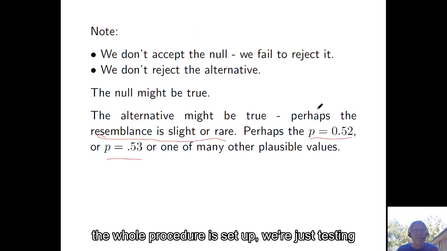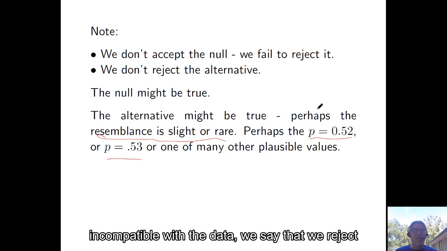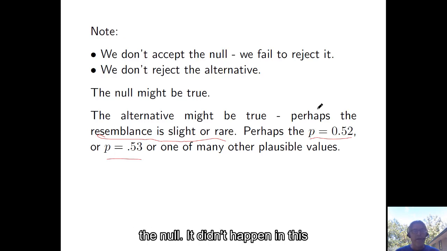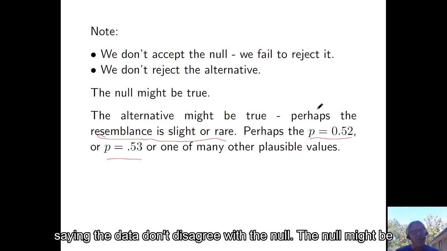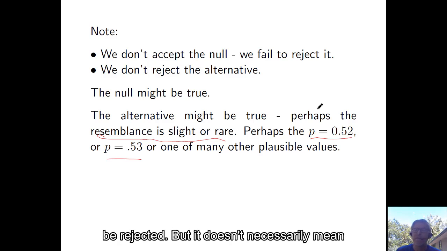Remember the way the whole procedure is set up, we're just testing the null. And if the null looks really incompatible with the data, we say that we reject the null. And that didn't happen in this case. So we're left in this sort of unsatisfying result: the data don't disagree with the null, which might be true, and the alternative might be true. We have tested the null and the null has failed to be rejected, but it doesn't necessarily mean